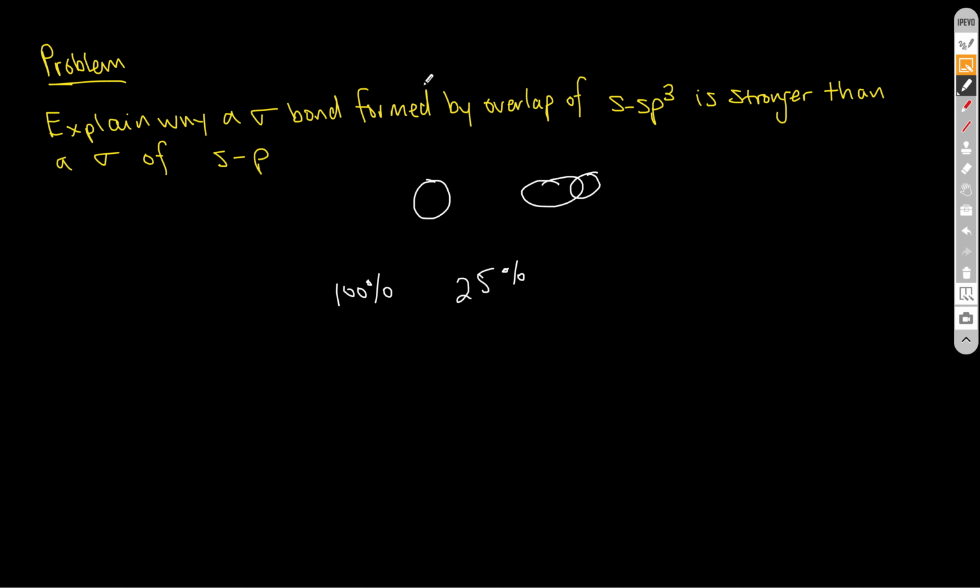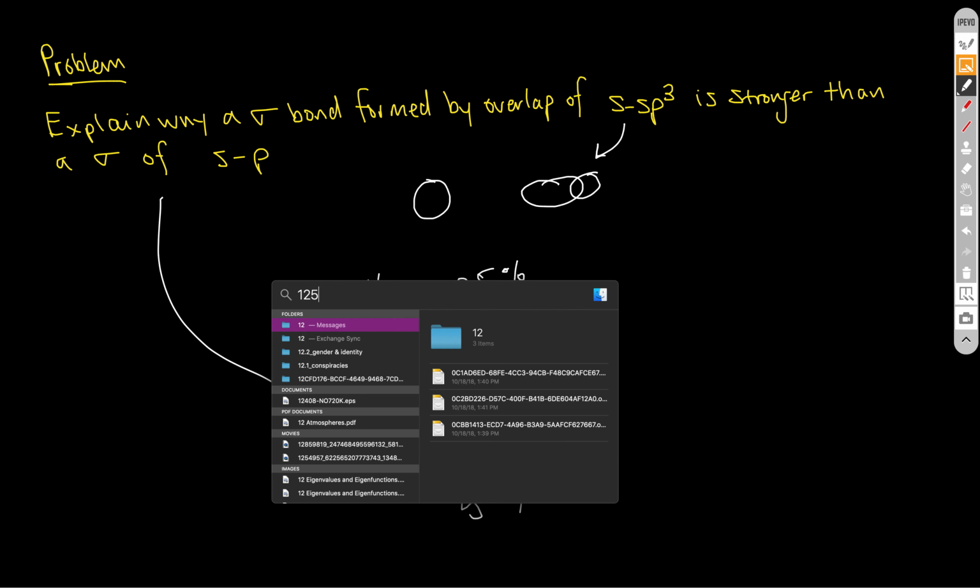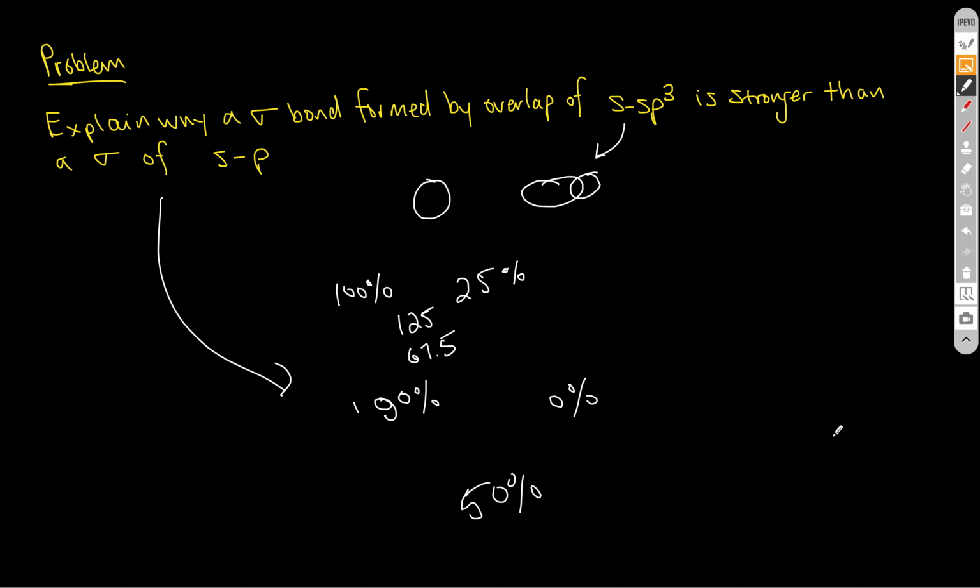But if you have this sigma bond forming, you're going to have 100% s character and 0% s character. So the average between these is going to be 50%, and the average between these is going to be 125 over 2. 125 over 2 is what? 62.5. So there's more s character